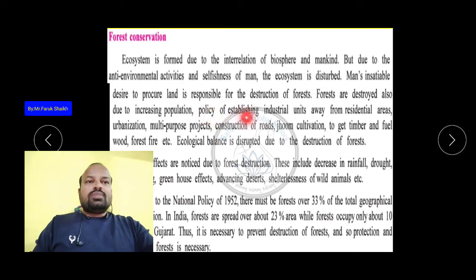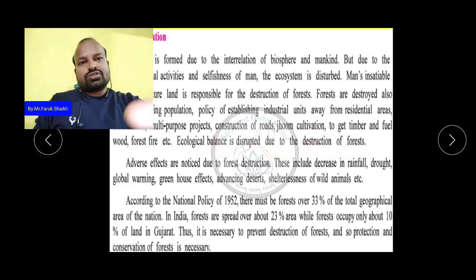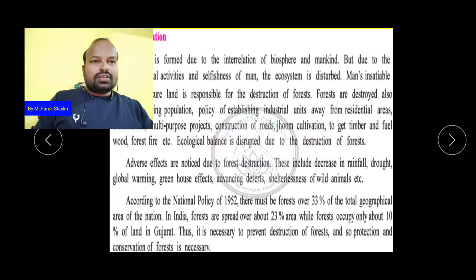Policy of establishing industrial units away from residential areas, urbanization, multi-purpose projects, construction of roads, zoom cultivation, to get timber and fuel wood, forest fire, etc. Ecological balance is disturbed due to the destruction of forest. Now the